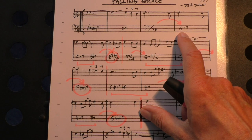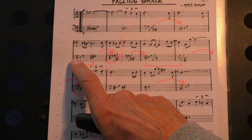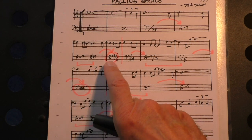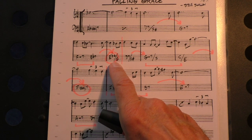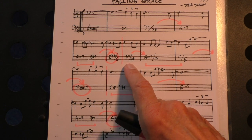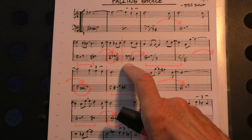G minor 7 with a 9 in it, Dorian. Then we have a straight 2-5-1. Dorian, Mixolydian, Ionian, but with the G in the bass, and it doesn't stay here, so you don't have the feeling you are on the tonic. It immediately moves to the D7 over F sharp,